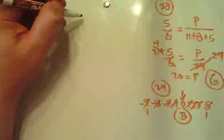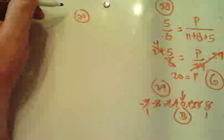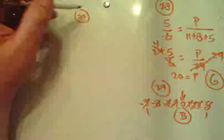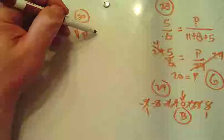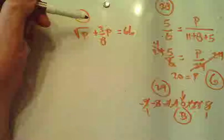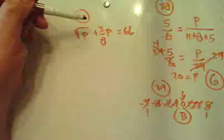30. When asked the price in dollars of a fancy calculator, Albert responded in a stupid way, excuse my language. If you take the square root of the price, then add 3/8 the price, the result is 66. Okay, so I need a number that's square rootable, and that means that J and K